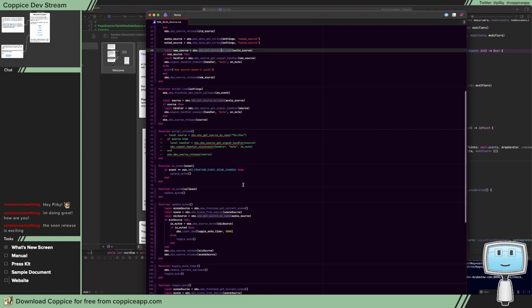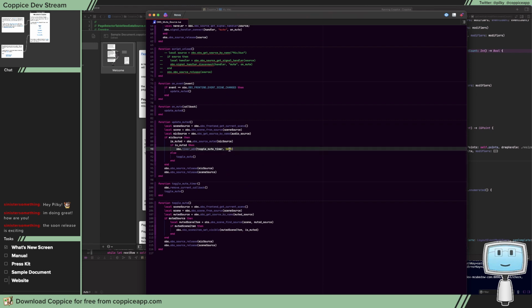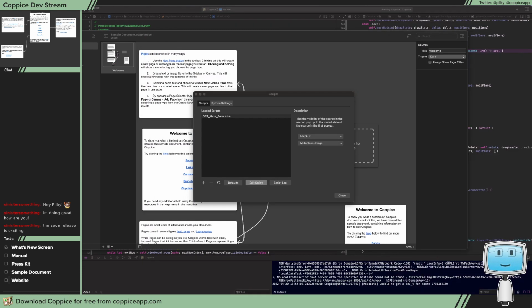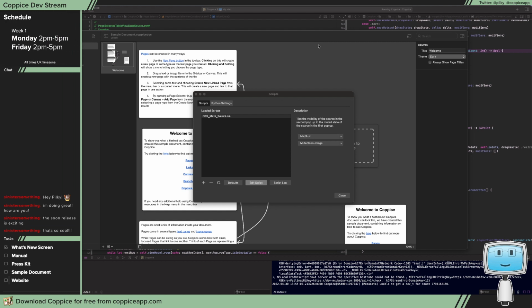Now, it's not going to show it straight away. Instead, it's going to wait 5 seconds. Because often I need to mute quickly just because I'm about to cough or something, or I'm clearing my throat, and I don't want that to come through. So I don't want it to show up muting all the time. So if I just mute temporarily and clear my throat, you see, nothing has happened. But if I mute and wait for 5 seconds,